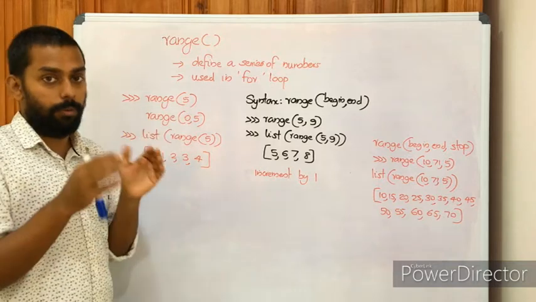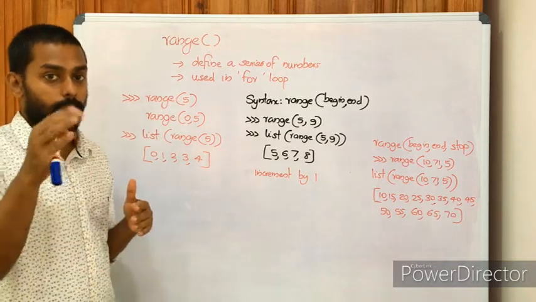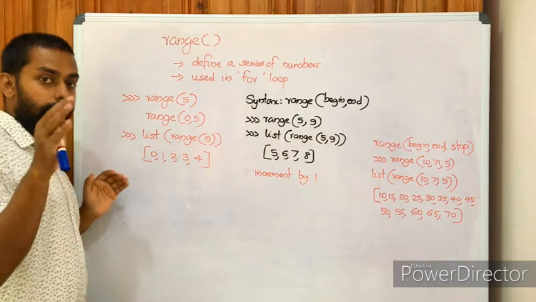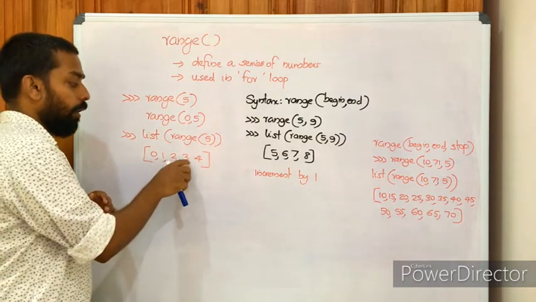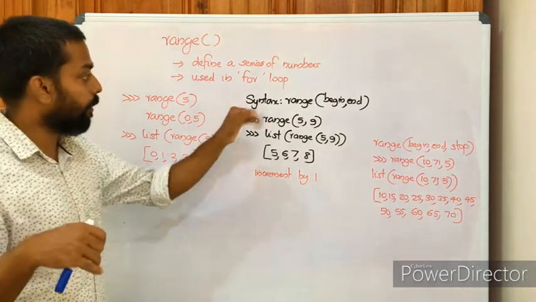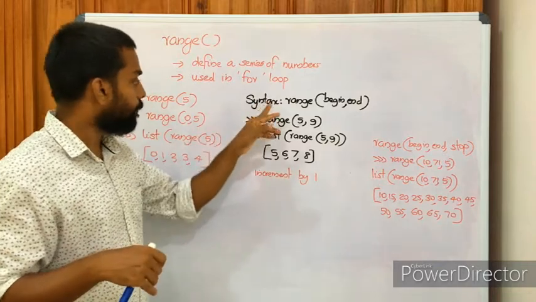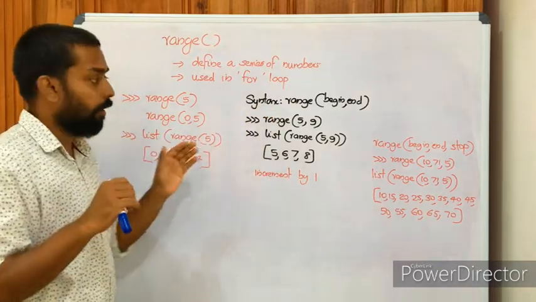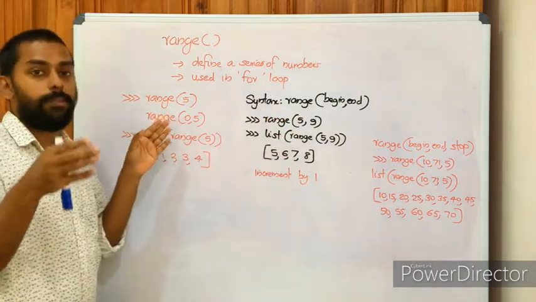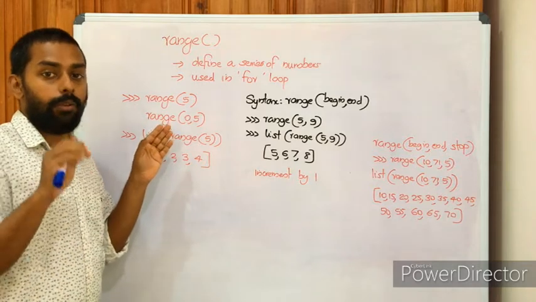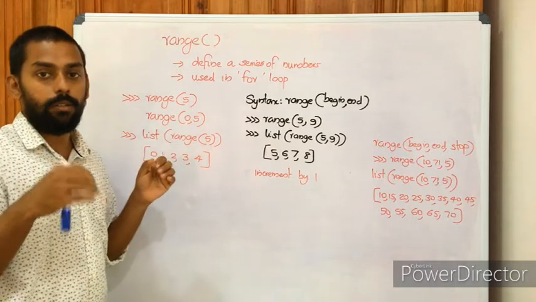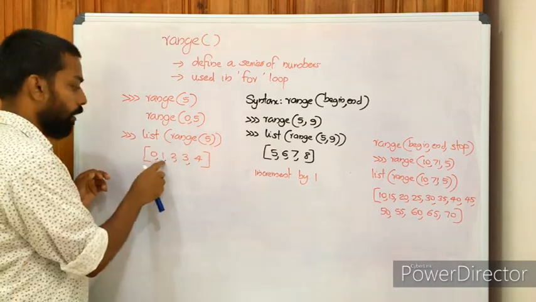It won't be 5, it will be 0 to n minus 1. You know that, 0 to n minus 1. So at the time of printing list of range of 5, it starts with 0 and gives 0 1 2 3 4. It won't print 5, it is up to n minus 1. Another example, here the increment is by 1, and we haven't specified the beginning. If we are not specifying the beginning, it will start with 0. We have specified only the end, that is 5. So it starts with 0 to n minus 1, 0 to 4.